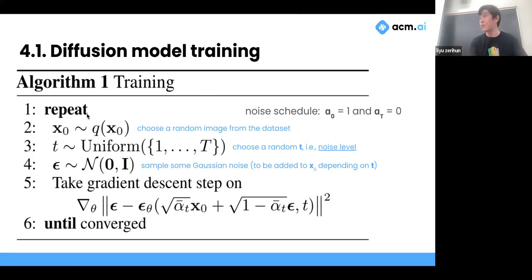So first, for every single iteration, we choose a random image from the dataset, say a random x0 from the dataset. We call it x0 because remember, 0 is no noise. A random image from the dataset has no noise. Then we choose a random time step. Our range of time steps in this case is 1 to 1000, and we choose a random time from that. And then we also sample some random noise that we will be adding to the image.